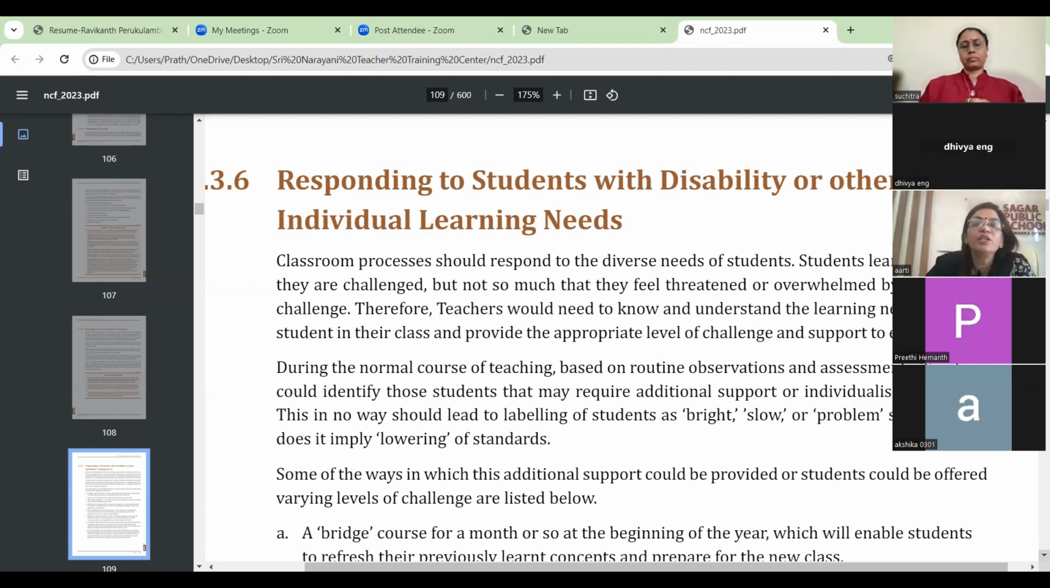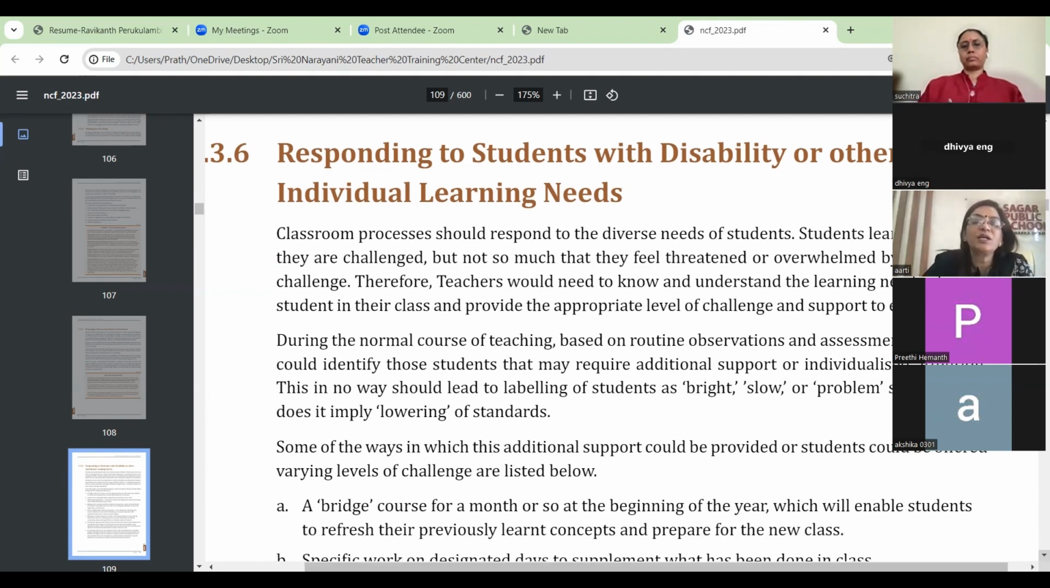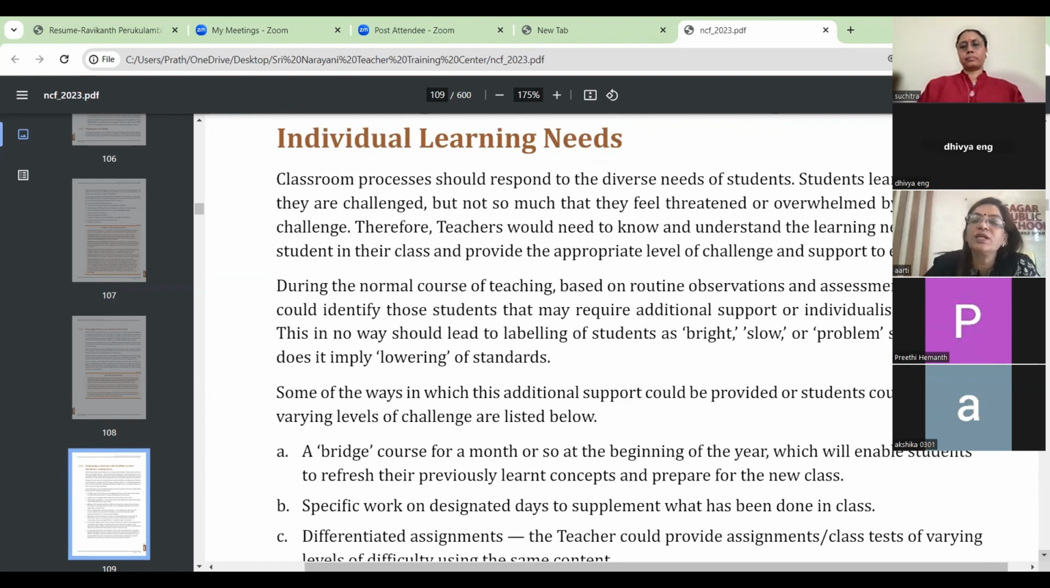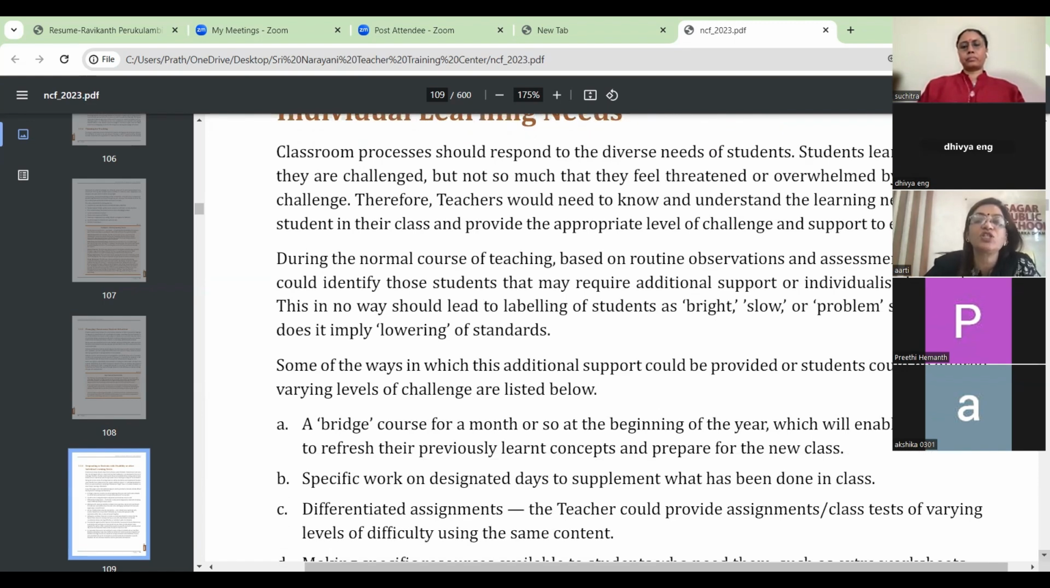So how will we respond to the students with disability or other individual learning needs? The classroom processes should respond to the diverse need of the students. Students learn best when they are challenged, but not so much when they feel threatened or overwhelmed by the level of challenge. Therefore,